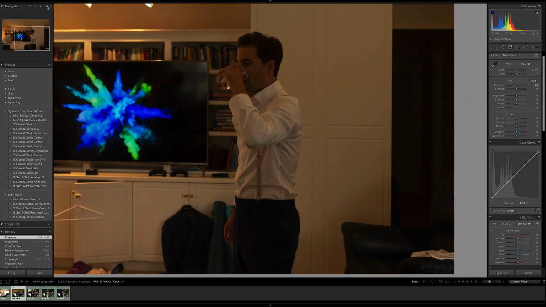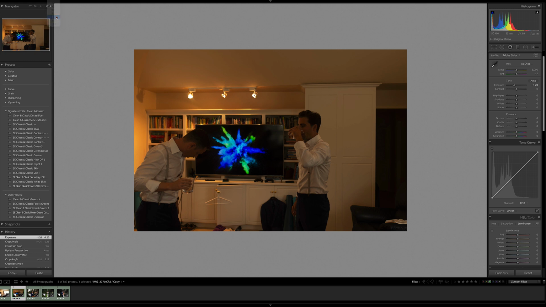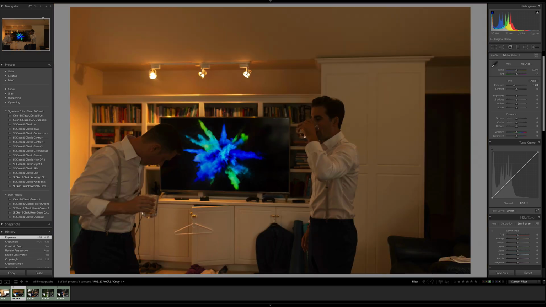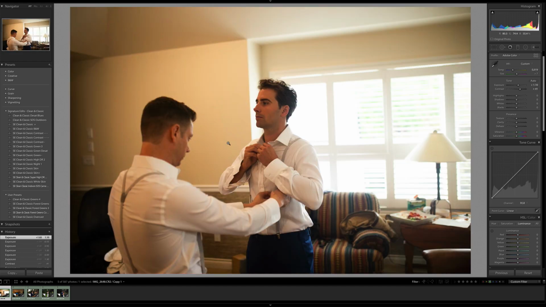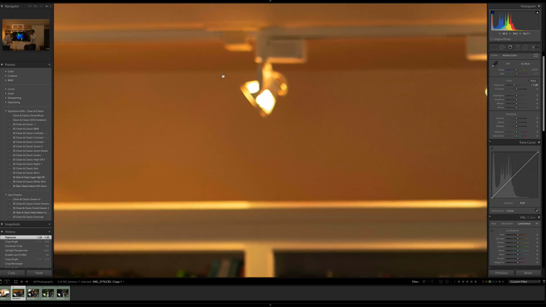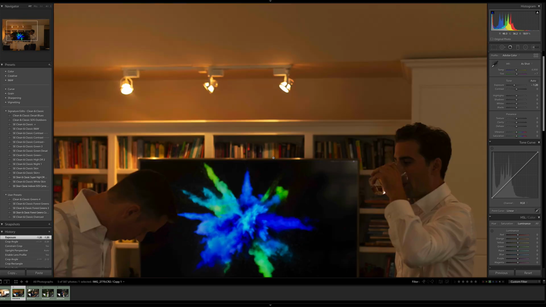If you look really closely, we're going to try and zoom in here. On his shirt, we've got like this red, this orange, we've got blue streaks in the shadows of his shirt. And the reason that we have all of these colors, it's a plethora of color on his shirt, is because we have this big window over here. Remember from our last shot, we've got this big window bringing light into the room, but we've also got these tungsten lights on. And the tungsten lights, when we zoom in, you can see that they're very orange, very yellow,